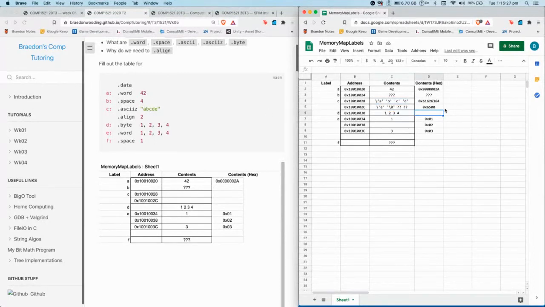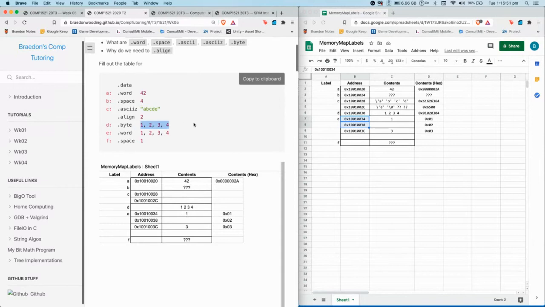So 1, 2, 3, 4. This will just be 1, 2, 3, 4, but in hex, so it's going to be this. And then what's next? 1, 1, 4, and this is going to be plus 4. The interesting thing about this is that we have 4 bytes after this. That's what this is saying. So each one